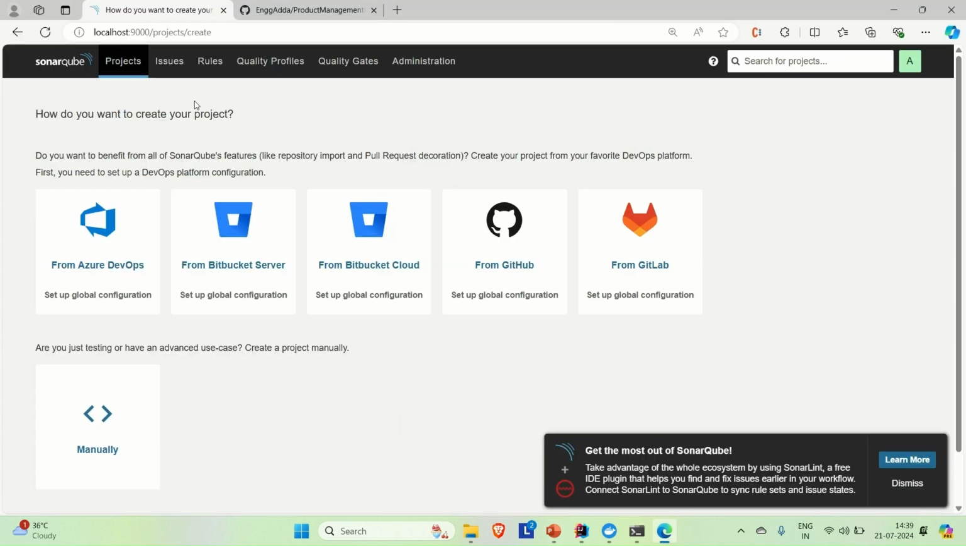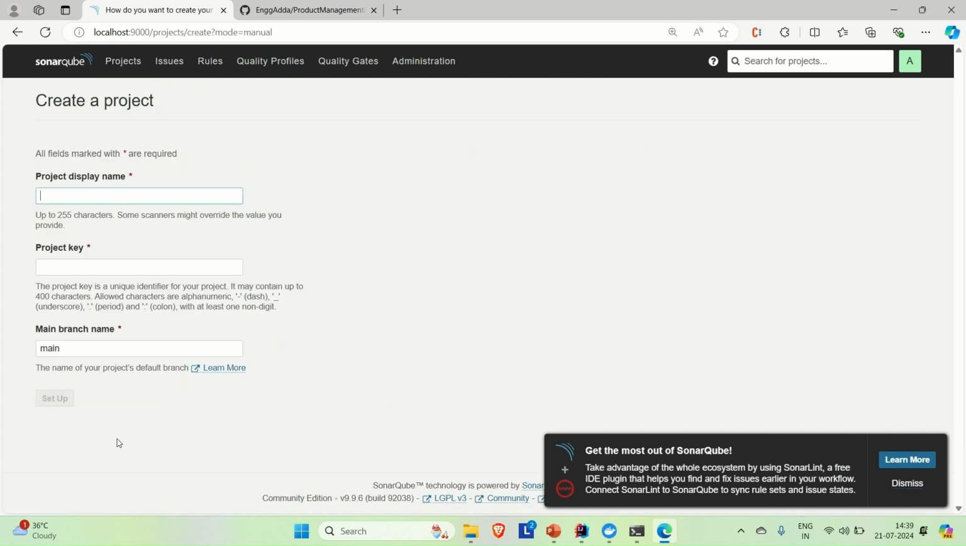Now what I'm going to do is go to projects here and choose to manually create a project, and here you have to provide the project name. So let's say the project name is SonarQube Spring Boot integration. Okay, so this is the project name that we created inside SonarQube, and you can see that